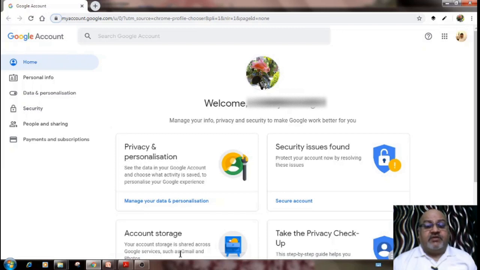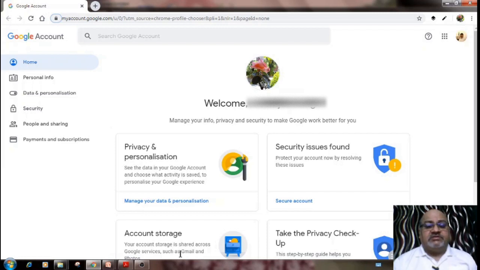You can post any query. The teacher can answer, your classmate can answer. So a lot of best features are there. There are two ways to join Google Classroom. First is through your mobile application. Go to the Google Play Store, search for the Google Classroom application and download it. You need a Gmail account; put in your Gmail account and complete the formality. You will be there in the Google Classroom.